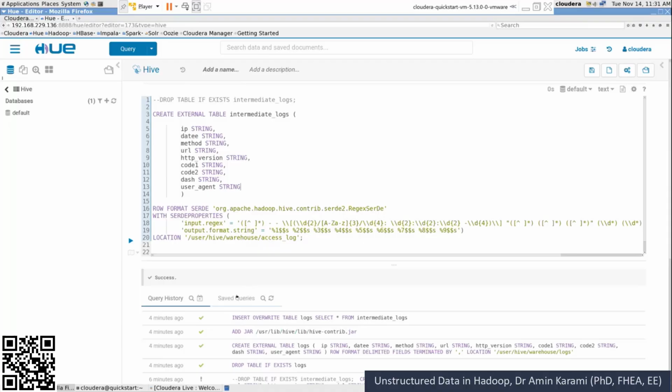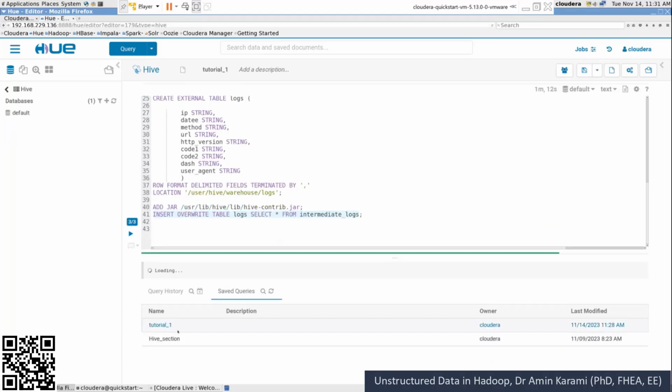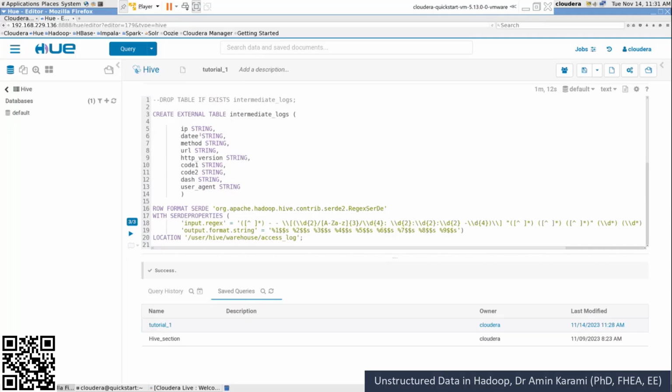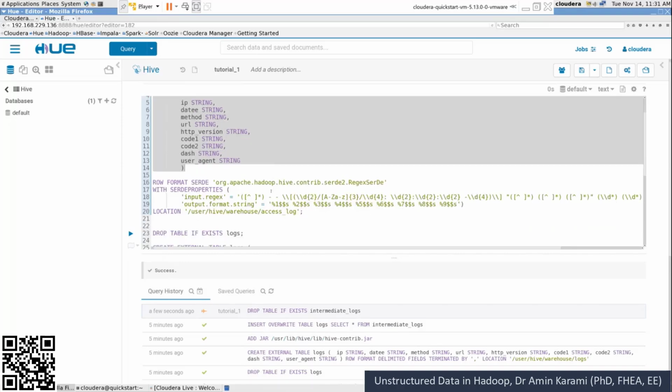Maybe you can go to the saved queries. All right, this is tutorial 1 that we used. Just click on tutorial 1 and you can get everything here again. Okay, so let's do it again. Drop, select it and run it. All right, this subset. Okay, let's go through this one. This one. All right, and see